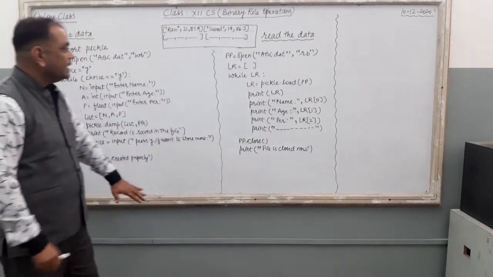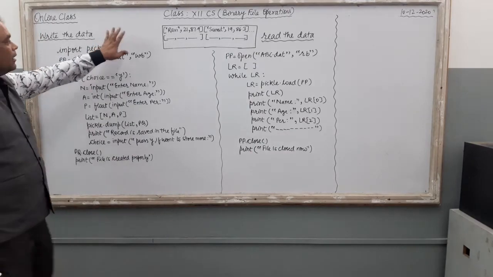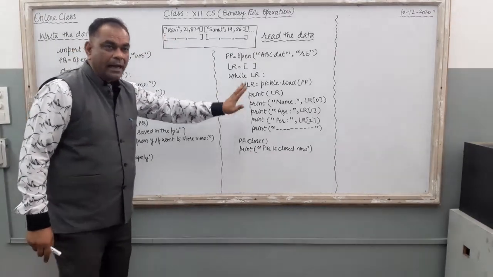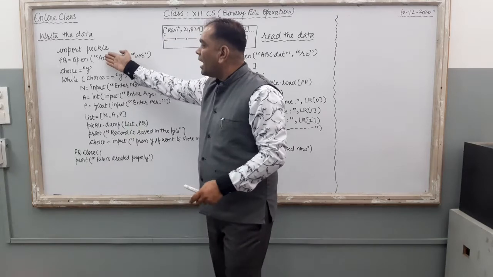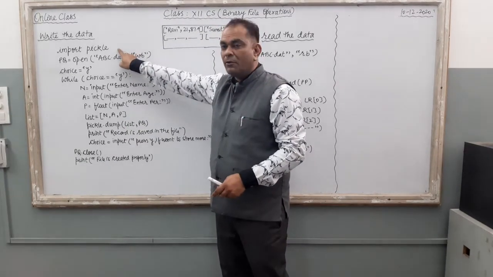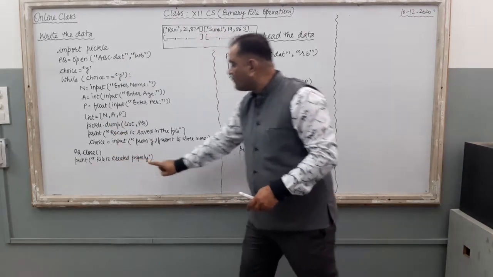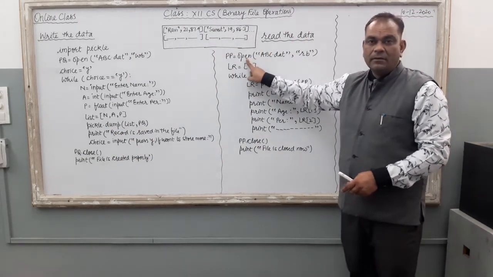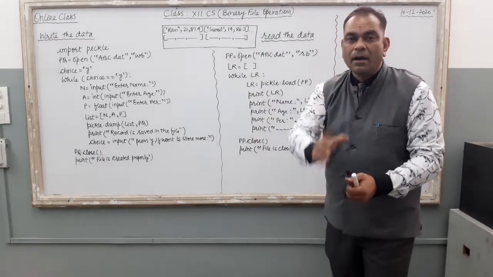Right? So here just see, two different programs are there on the board. If you can see the first one, the program is going to start from this side. It is the very first line of the program, then the whole program, and just after that this line will be there. It is a complete single program only.